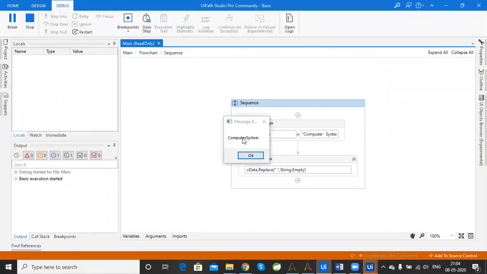So here we replace a space. Now we didn't get any space. Okay,